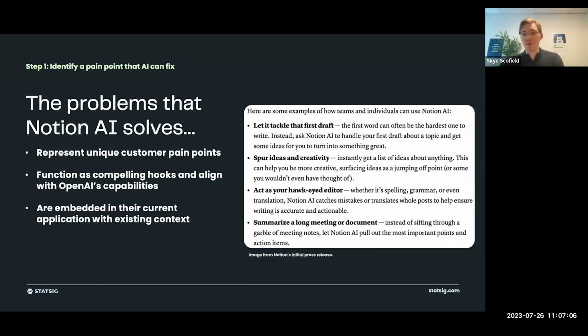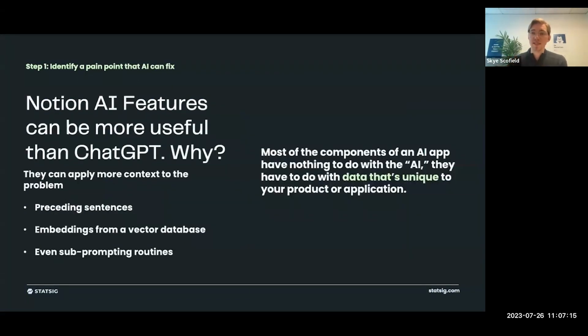So this leads us to an important point, which is very relevant as we talk about building an AI application if you're not an AI company, which is that your application can actually be more useful than, let's say, ChatGPT. Why is that? In Notion's case, it's because they could apply more context to the problem than OpenAI. And context, for them, means being able to use preceding sentences or information surrounding the specific AI